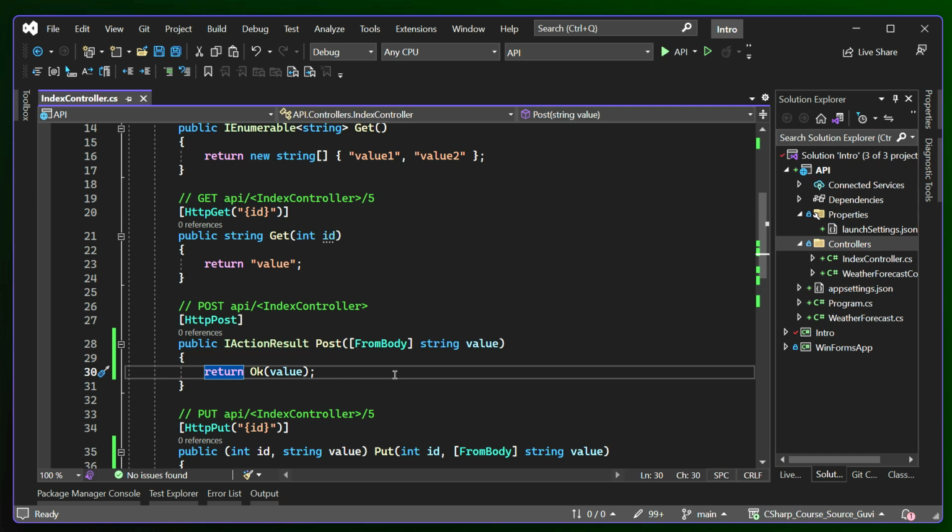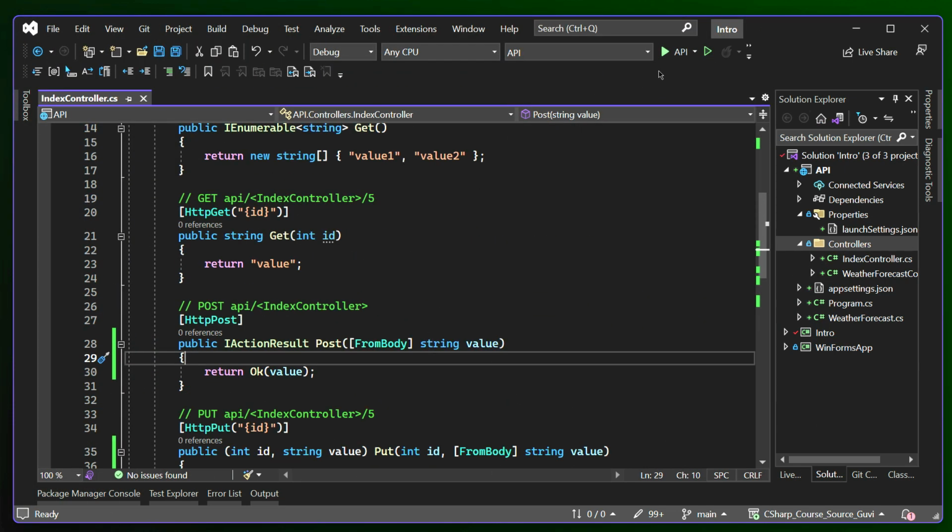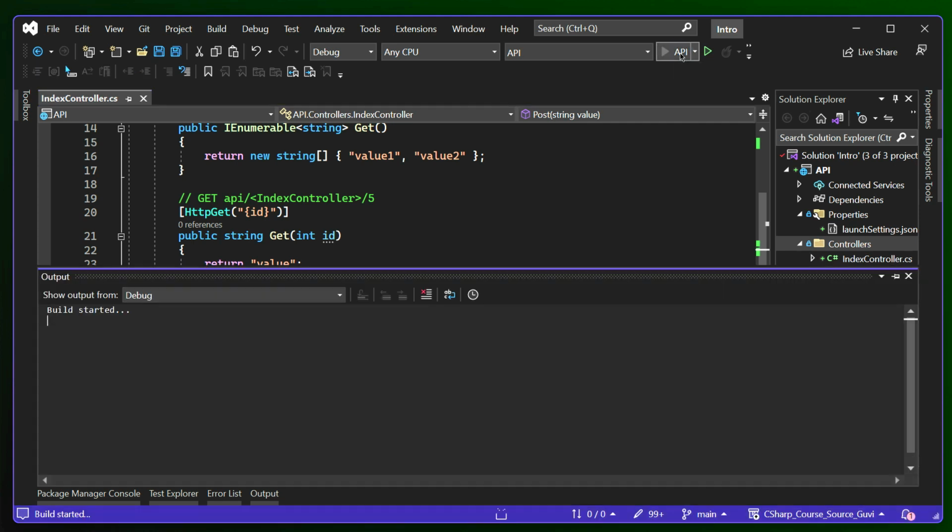In this video we are going to discuss how to test this API, or rather the controller project that we created. I haven't modified anything from the last video. This is where we left. So let me click on this API, which is nothing but the run button, and see what is the output